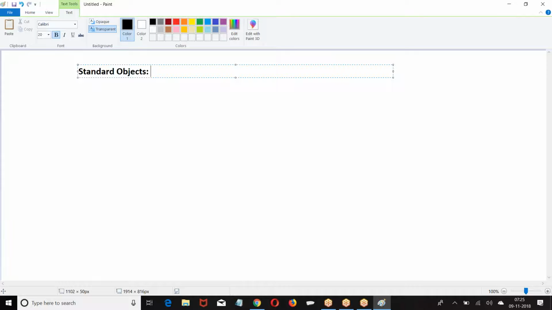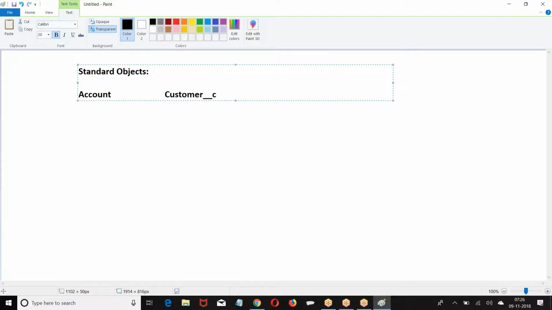Objects created by the user to meet their organizational business requirement are called custom objects. Now, if the standard object is like this, we have a custom object like this.